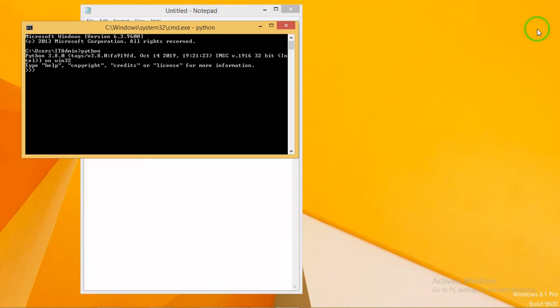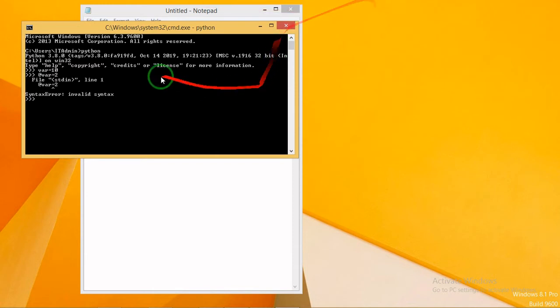Now I'm creating a variable: var equal to 10. The value is 10 for var. I hit enter and it doesn't show any error. If I use special characters like @var equal to 2 and hit enter, it shows an error: invalid syntax.